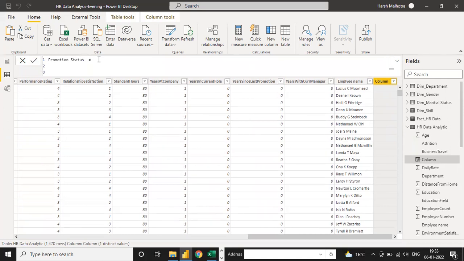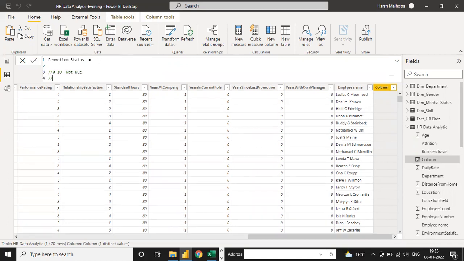Okay, so we have only 2 conditions. I am writing here that 0 to 10 means not due. And the second condition is 11 to 15, or more than 10. You can just write it here, more than 10. So you have promotion due.